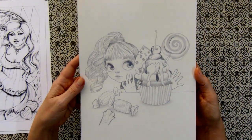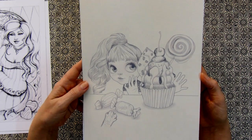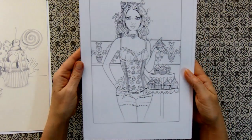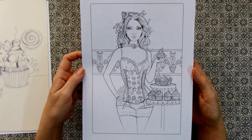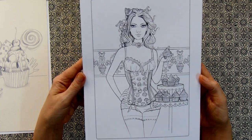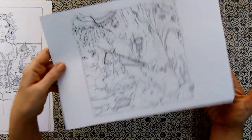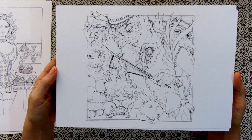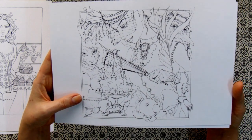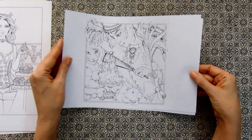Lika Landau. We have a very realistic looking cupcake, some sweets. Then this one may be one of my favorites, Scott Howden or Howden, not sure. This pretty girl with cupcakes again. This one, Fabrica Fantasy. Interesting illustration and interesting dessert, kind of castle cake or something. And the last one is